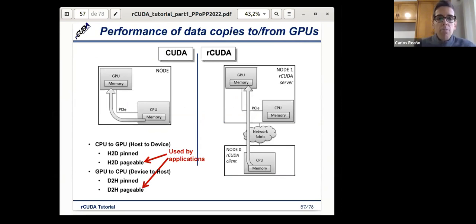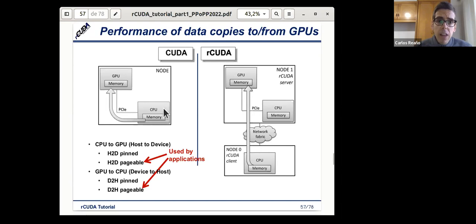First of all, one of the most important things when we are using GPUs to accelerate applications is that, as we mentioned in the beginning, in the snippet of code we have shown, we need to copy data from host memory to the GPU memory. Then we need to do the computations in the GPU memory, and then we also need to copy back the results to the host memory. This is the usual way.